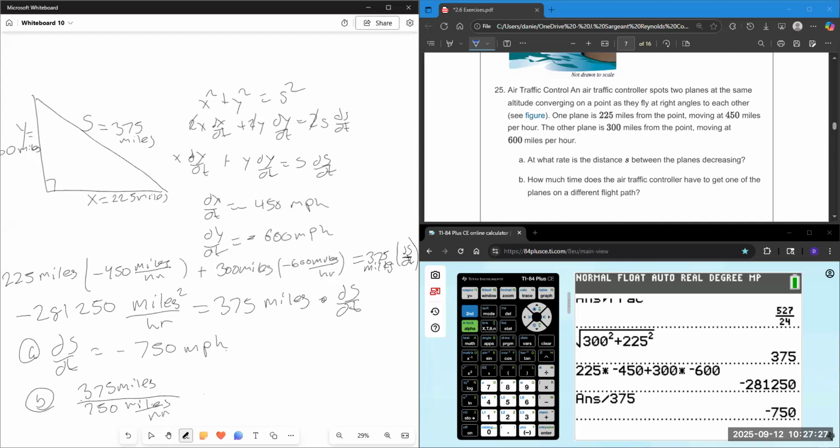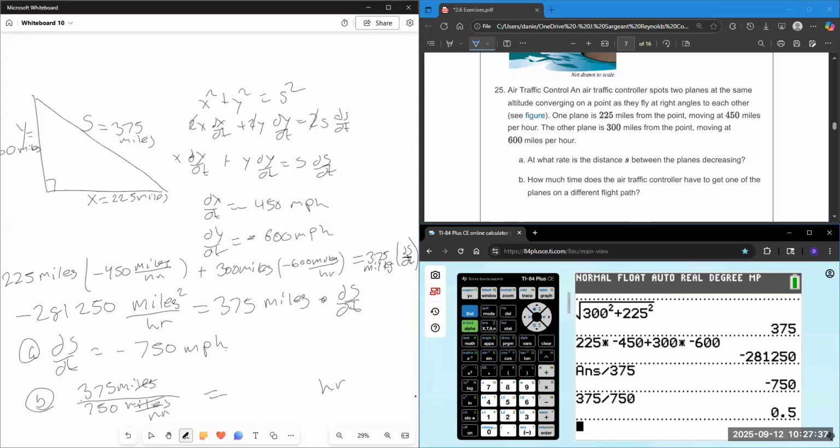It's going to give me a time in hours. The miles are going to cancel, the hours are going to come up. So 375 divided by 750 is 0.5 hours or half an hour, which is 30 minutes